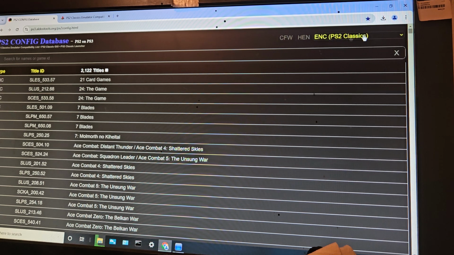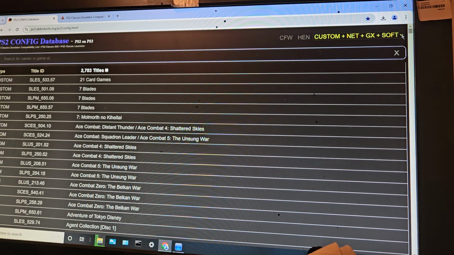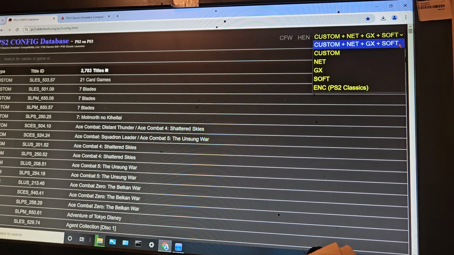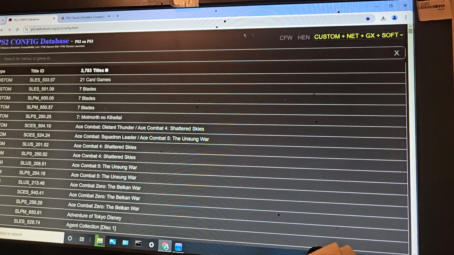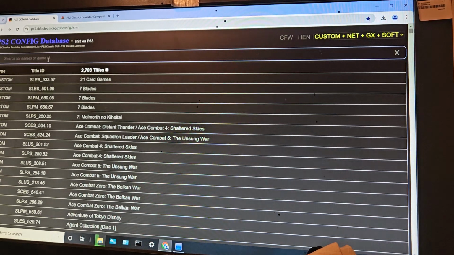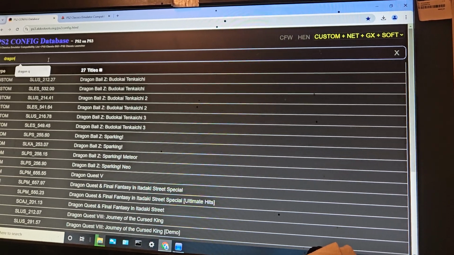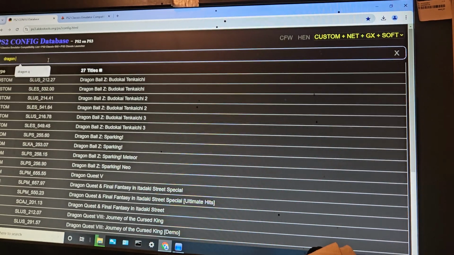Most of these ones, if you have a non-hen, if you have a custom firmware, you can just use custom net, GX, and the soft ones. However, you can just click custom firmware, it'll automatically, and if you just type in, for instance, a game that I did the other night off of my copy,